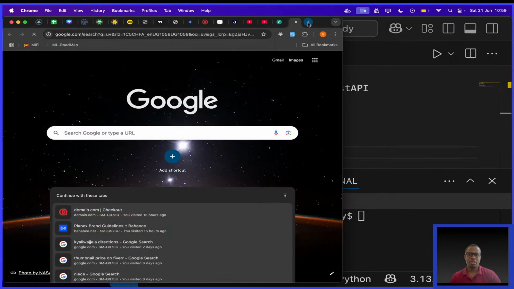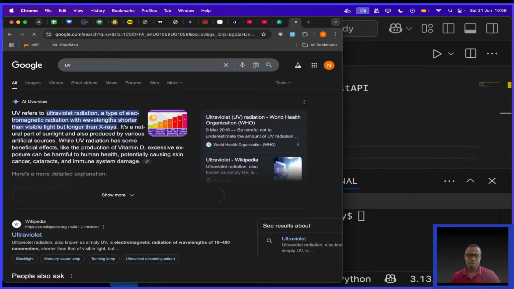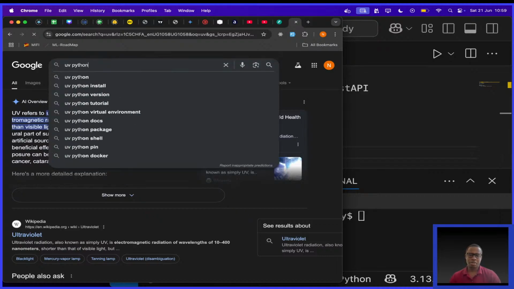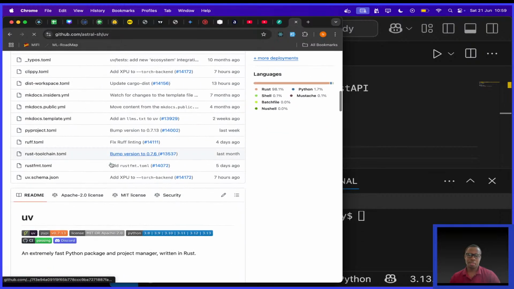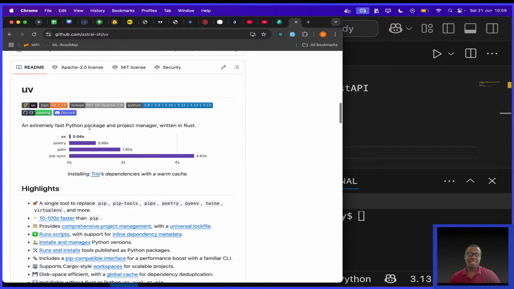They describe it as an extremely fast Python package and project manager written in Rust.